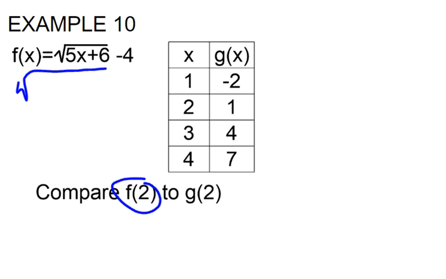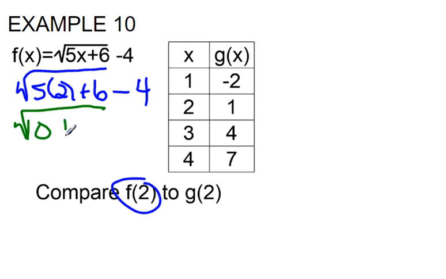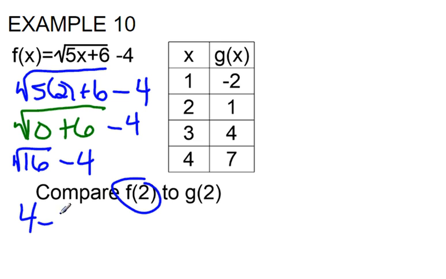I want 5 times 2 plus 6, and I'm going to take the square root of that, and then minus 4. So starting in our grouping symbol, I want the square root of 10 plus 6, and then the minus 4, which means I want the square root of 16 minus 4. So the square root of 16 is 4, minus 4 tells us that f of 2 is going to equal